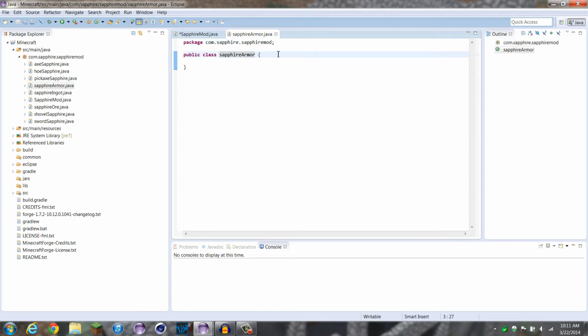Now we're going to make this extend ItemArmor, and this is going to go private String[] armorTypes = new String[] {